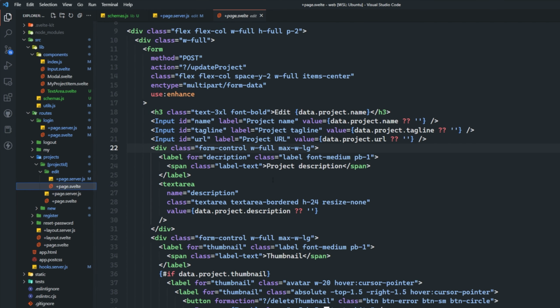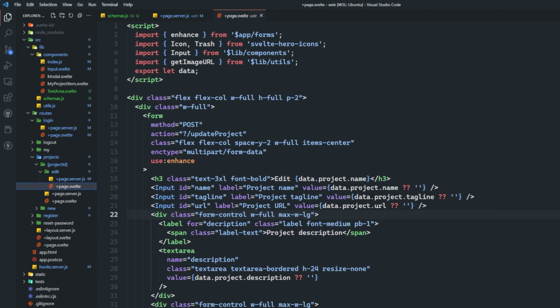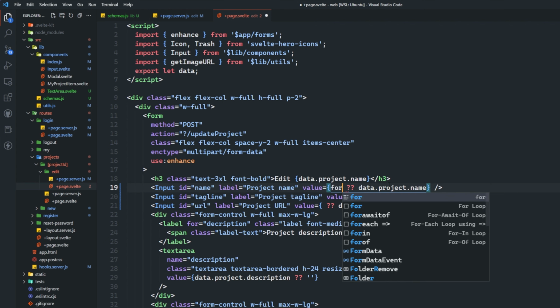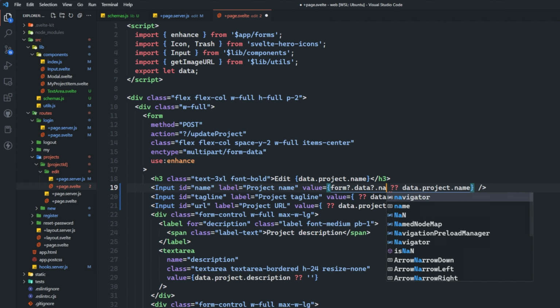So let's just check out the page.svelte here for this. And we want to make sure that we set the value now. So instead of data.project.name as the first value, we actually want this to be the second value. So we want the first value for all of these to be the form, right? So it takes priority. So I'm just going to move all of these over. And we actually want to update this text area altogether. So for this one, instead of saying data.project.name, I'm going to say form.data.name